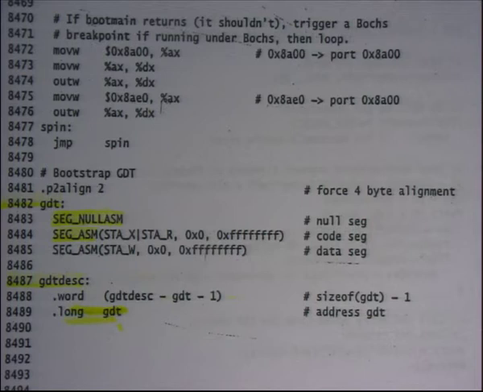Recall that we said that the GDT is specified by a size and a base. So this is the base of the GDT, and this is the maximum size of the GDT. That's what you specify in the GDDesc, and let's look at where the GDT is. That's at line 8482, which contains your segment descriptors, right?